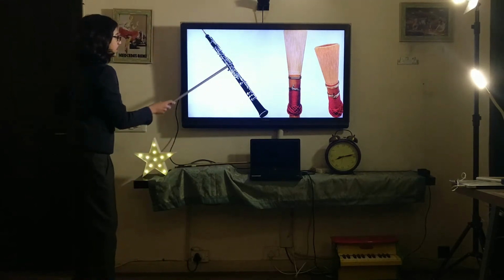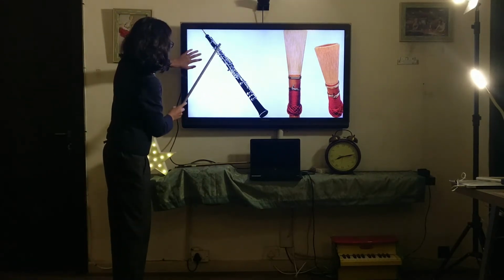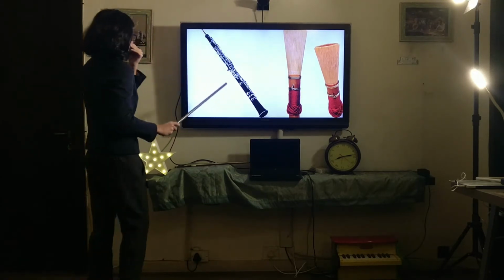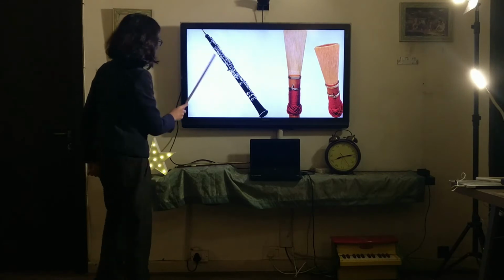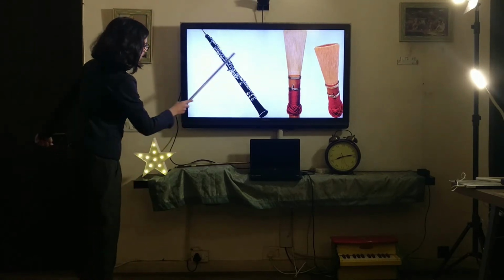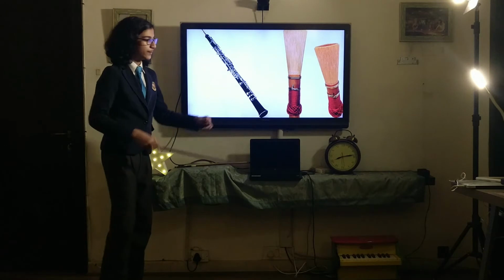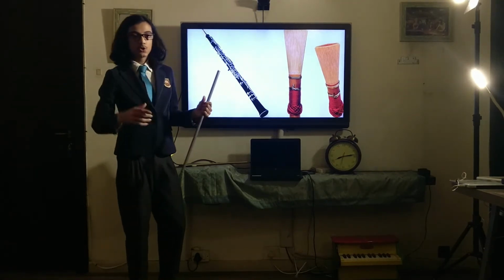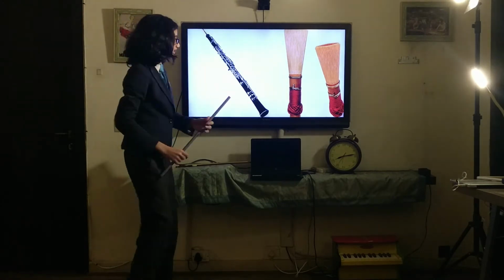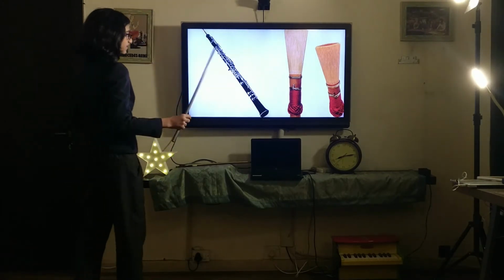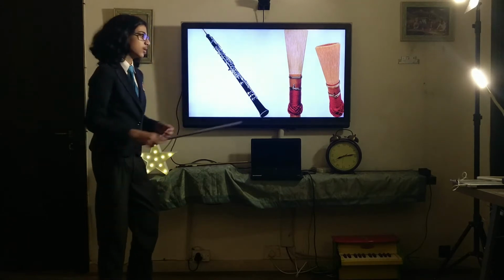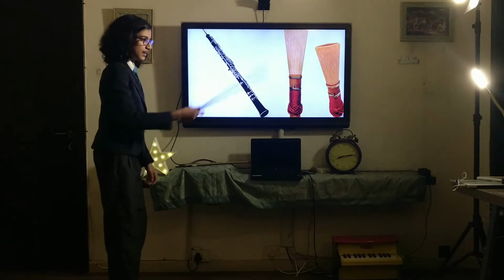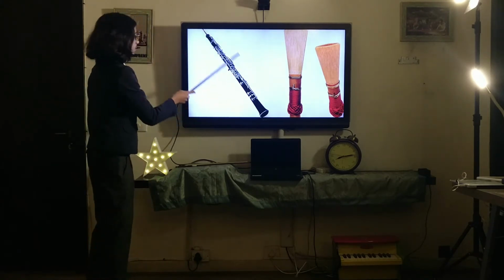The upper section has a bunch of keys on it, as you can see. This looks very convoluted, but the places where you actually place your fingers are not that numerous, right? So this is responsible for having keys and making up the length of the oboe. The lower section is similar: it makes up the length of the oboe and it has all the keys necessary to produce the sound. Now the bell is where the sound exits the instrument. It's curved outwards, so the sound will become slightly more powerful. And so that's the bell. That's where the sound exits. Those are the three main structures, and of course you have the keys.